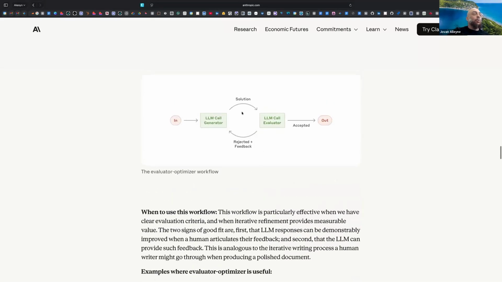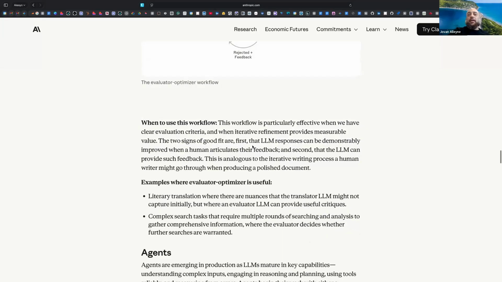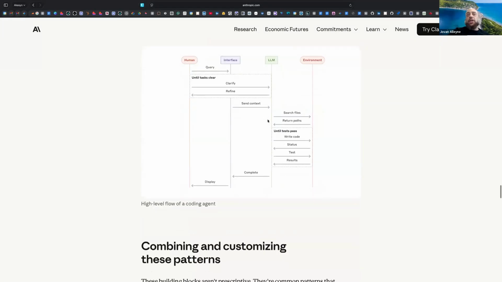But this is ultimately the loop that we talked about. Something goes in, it generates a request, something evaluates that request and decides if it should take another turn at it. And that can go on for a few iterations, it can go on for hours, it can go on for really as long as you are willing to pay budget and the system thinks that it still needs to work on the problem. And then this is a similar sort of scenario visualization, but that just comes back to the human for decision.